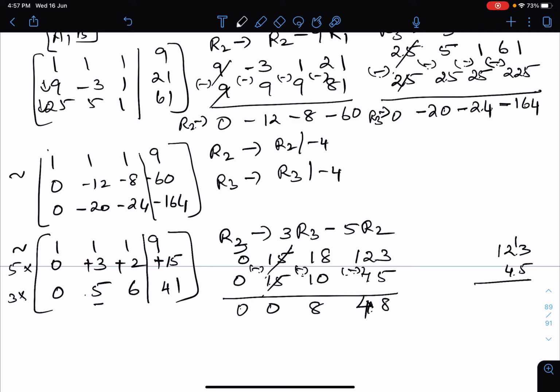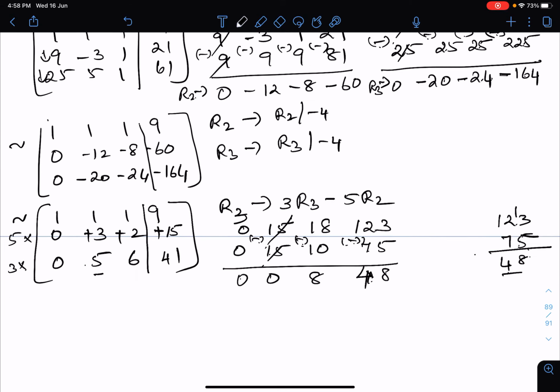Okay, you can also do your subtraction in your rough column. So 13 minus 5 gives you 8, and 11 minus 7 gives us 4. This is 75, sorry. So it is 48. Okay.